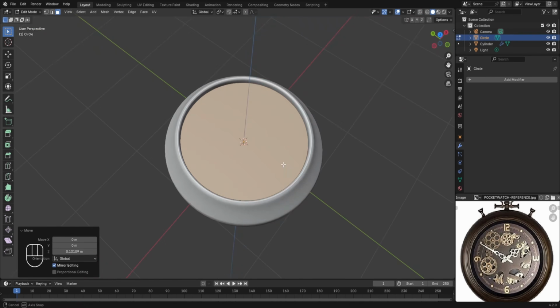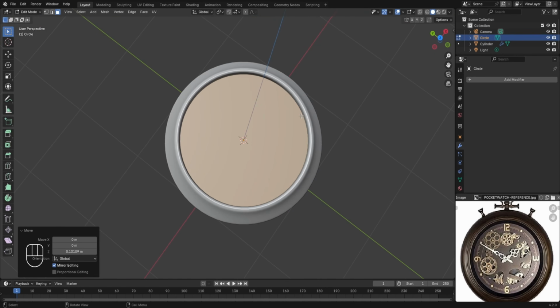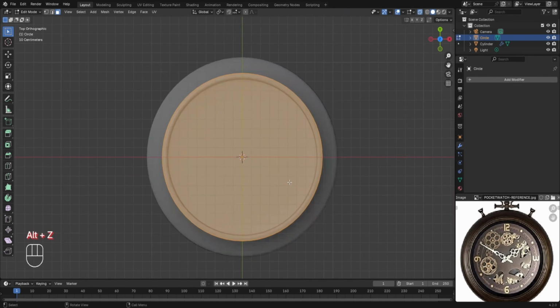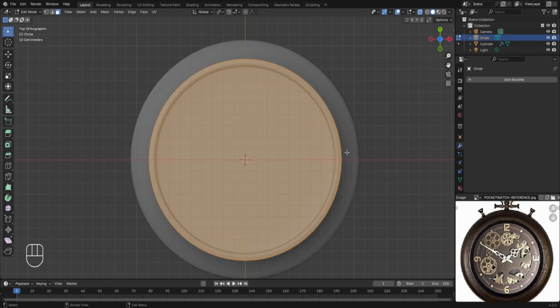Now the next thing that we'll do is to make sure that there's no empty space between the pocket watch and the circle face. So for this purpose, you simply need to go to the top view by pressing 7 on the numpad and turn on the X-ray mode by pressing Alt plus Z. And now if I zoom in, then here we can see that the outlining of the circle is passing beyond this inner boundary of the pocket watch, and this will ensure that the scaling of the circle is perfectly correct